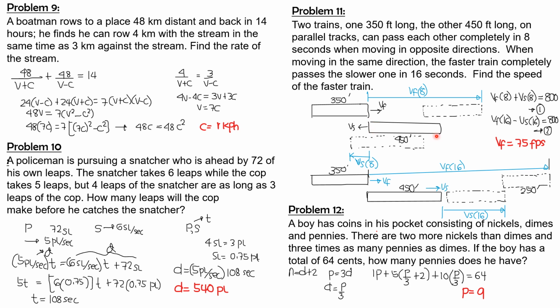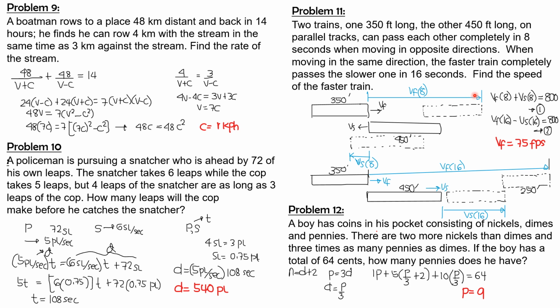They first move in opposite directions, and time starts when the front of the shorter and faster train is even with the front of the slower and longer train. So after a time t, which is 8 seconds, the position of the shorter train would now be this, and this is the front of the slower train after 8 seconds. So that's why this distance is speed v sub s times 8. This distance is speed v sub f times 8.